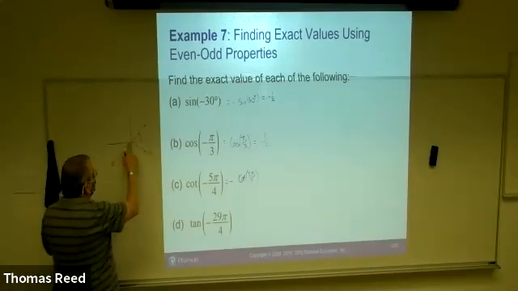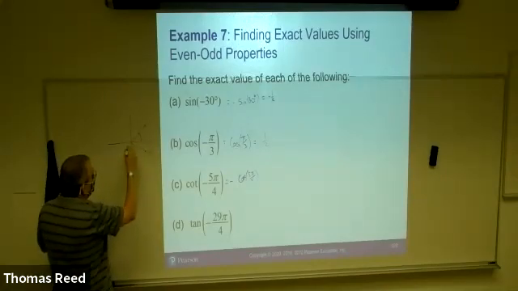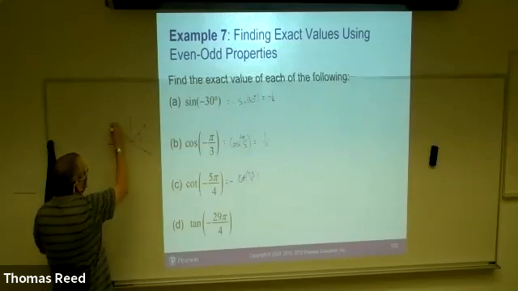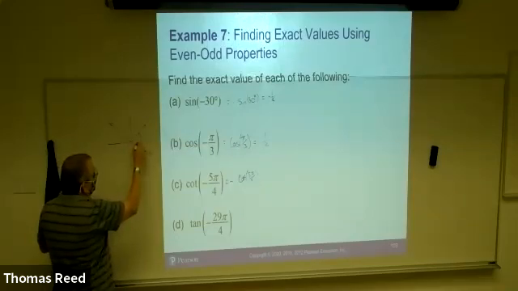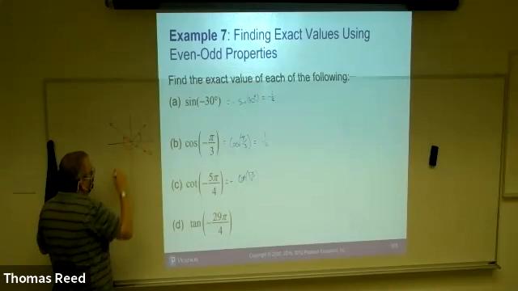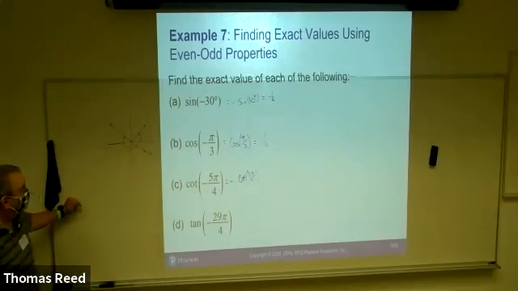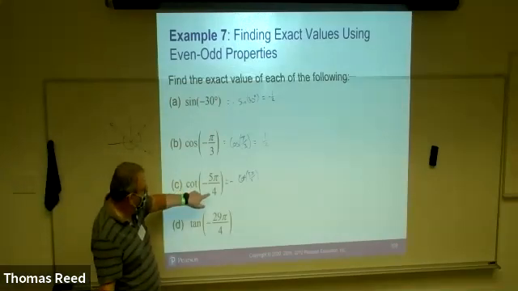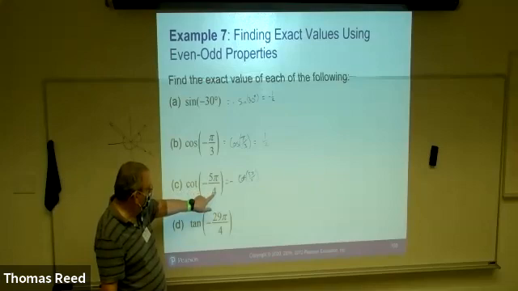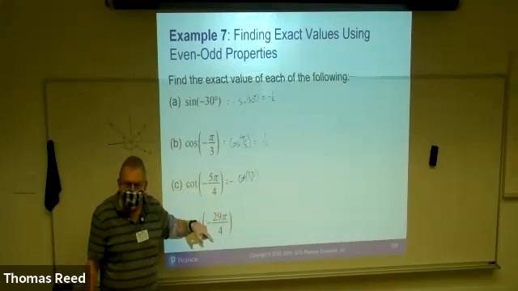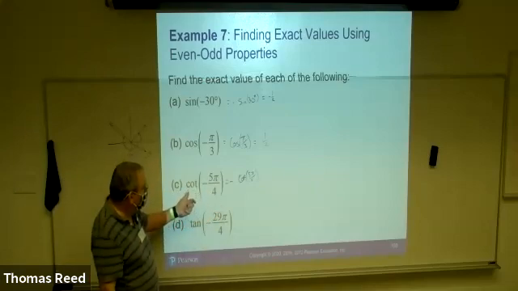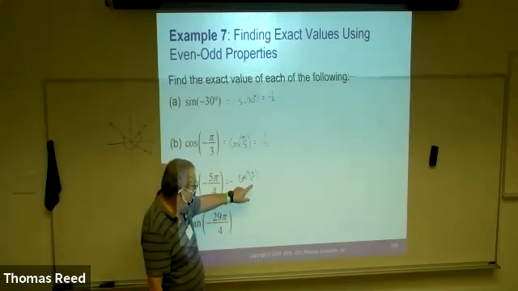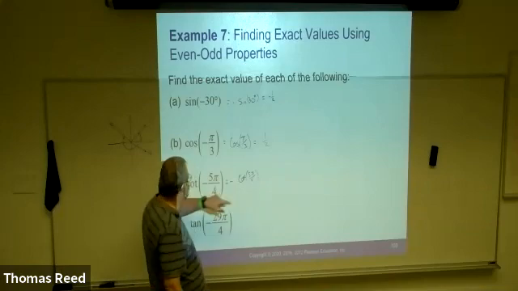Or negative 5 pi over 4, excuse me, is going to be up here, because we go this way. I always forget which direction we're traveling. And this is a pi over 4 angle, so it's going to be either 1 or negative 1. Right? Cotangent of 5 pi over 4